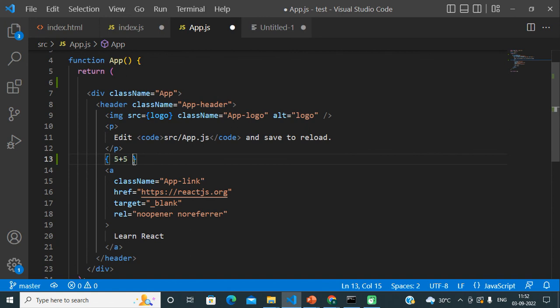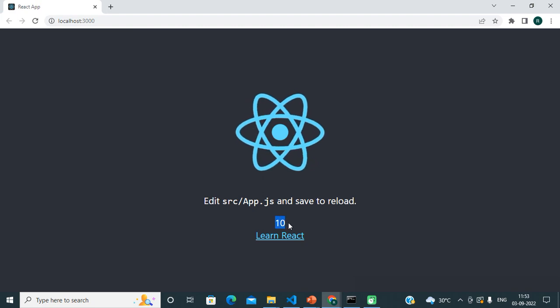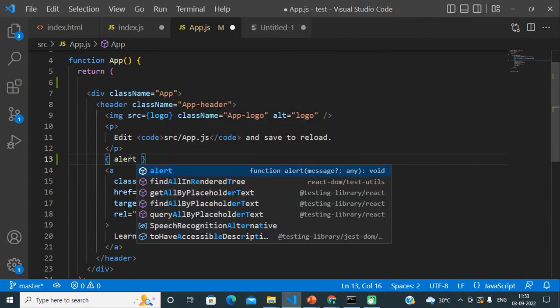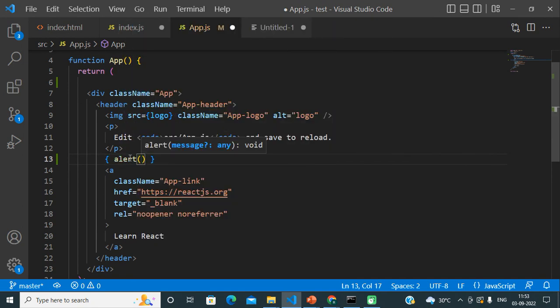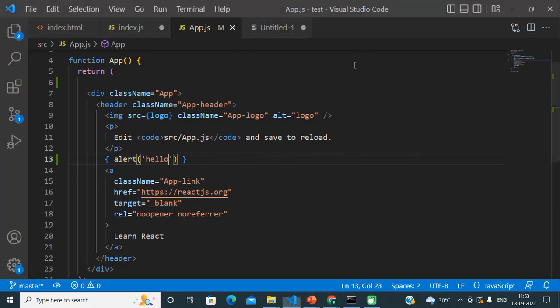Okay, if I save this file, you can check I am getting output as 10. Okay friends. So similar to this normal expression, I can also try a JavaScript alert function here. Hello, see I am getting an alert, JavaScript alert here.